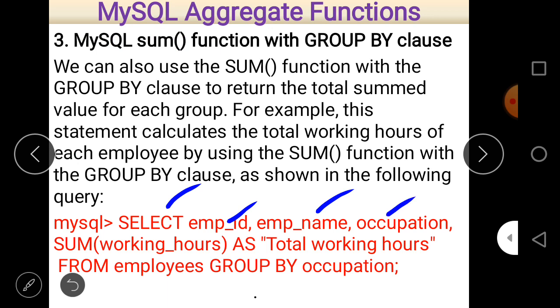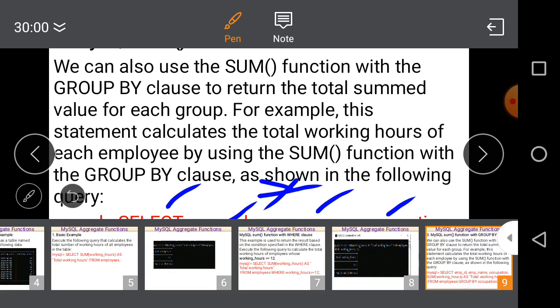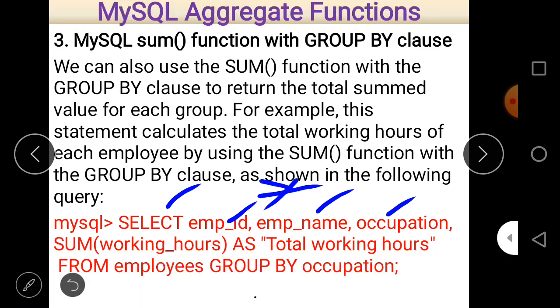These are the columns. If you want to select all these columns, just put a star sign here, and here we have to calculate the sum. So just write SUM(working hours) as a column name. With sum of working hours, three different column names are also a part of your answer: employee ID, employee name, and occupation.